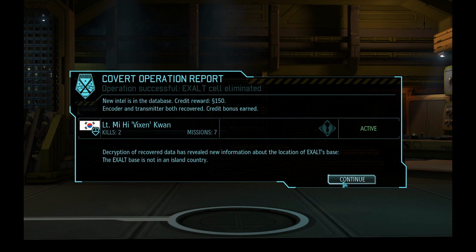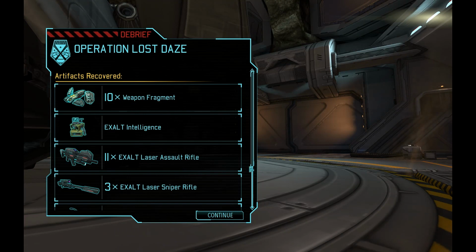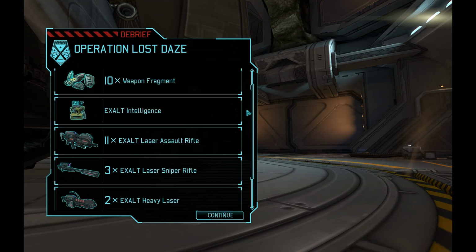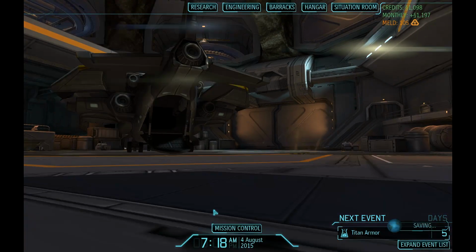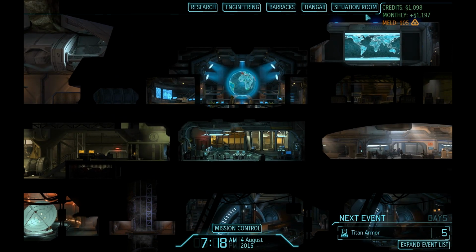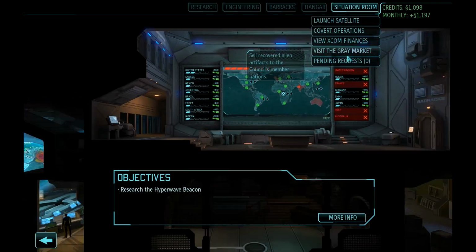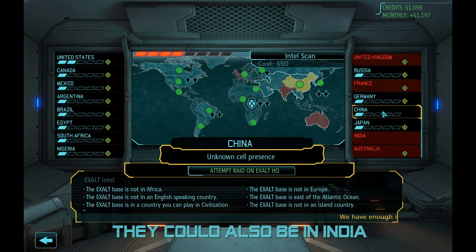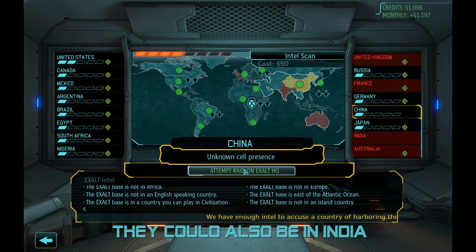Quan did not get a promotion, and neither did Lovox, but I do feel like we at least got him on a good start for that. We did get more EXALT intelligence. Completed. Recalculating possible EXALT facility locations. And let's go in here because we should just know now. Yeah, they're in China. Plain and simple. So I think we know what we're going to do on our next